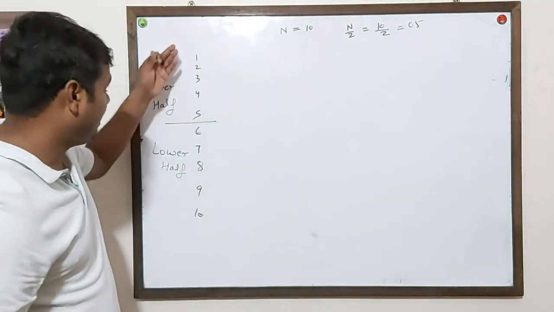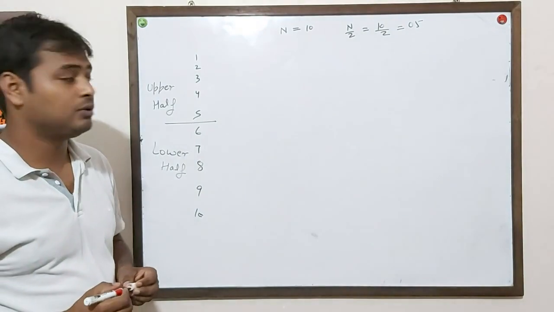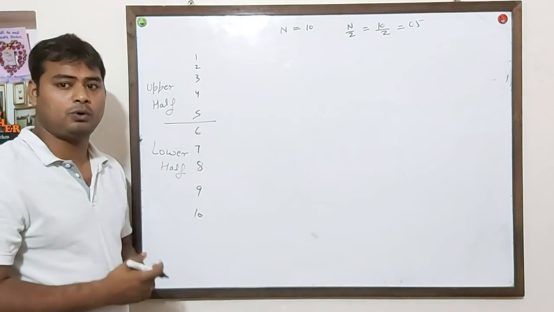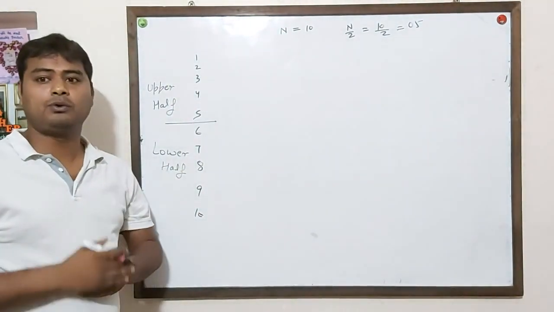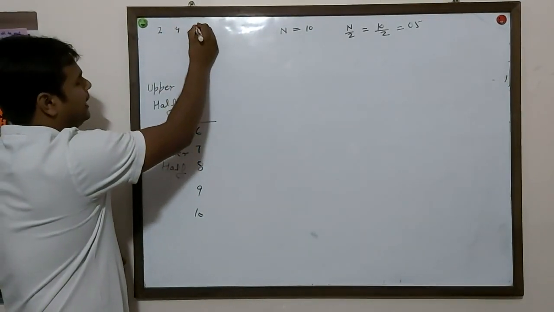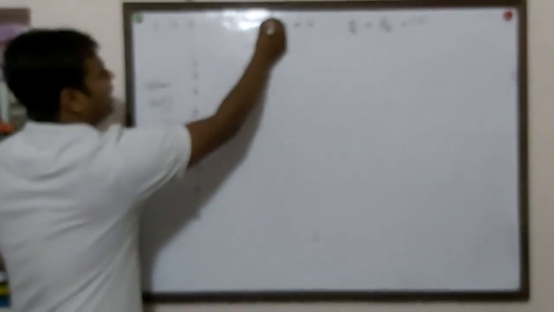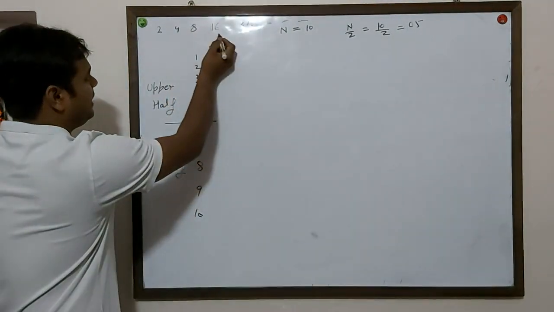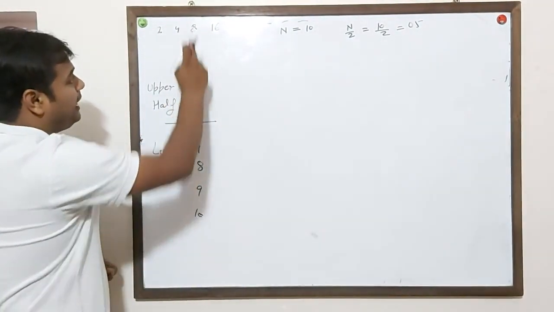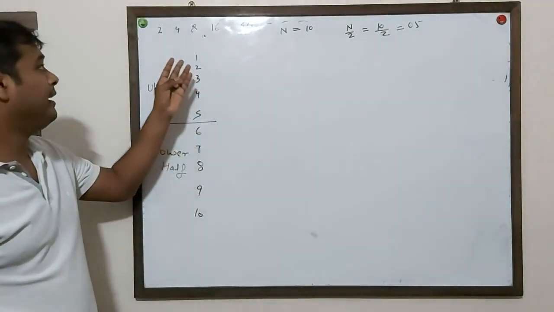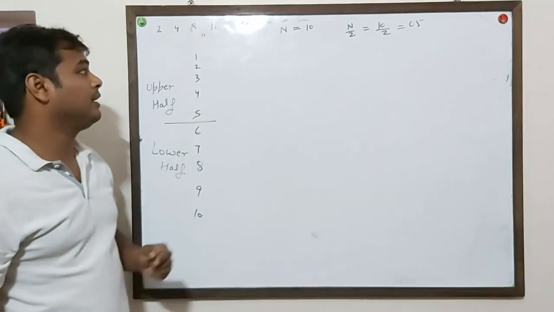Now here you can see, as 10 is not a power of 2, in the next step we will see what the next power of 2 is. Means what is the next power of 2 after 10. As you can see, 2, 4, 8, 16, 32 and so on. These are the powers of 2. Then 10 is coming between which two numbers? 10 is coming after 8, and after 8 the next power of 2 is 16. It means 10 is coming between 8 and 16. Same way 12, 14, all numbers will come.